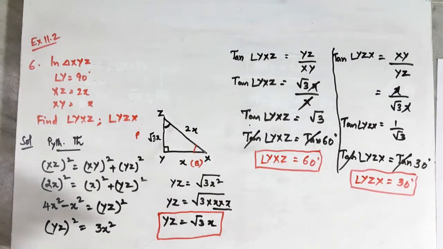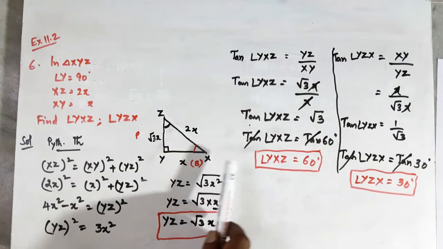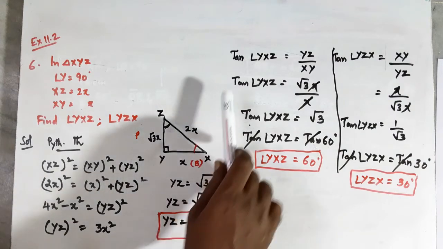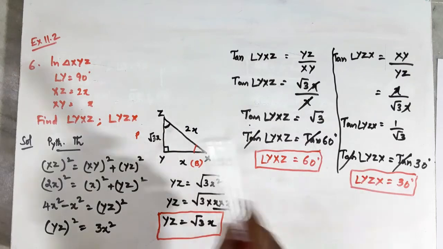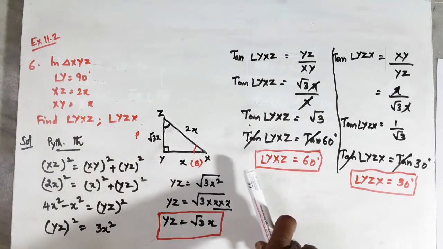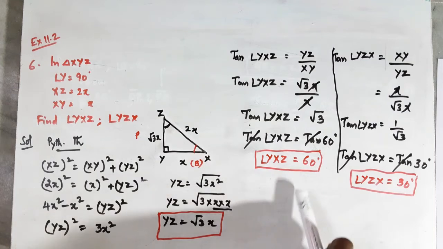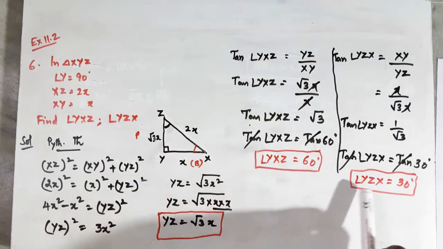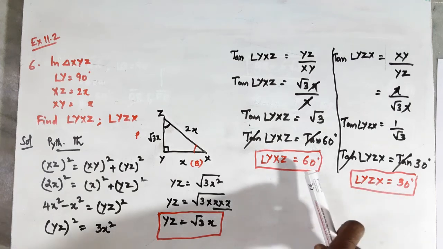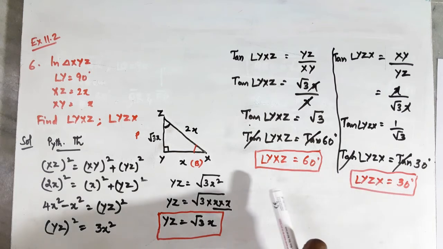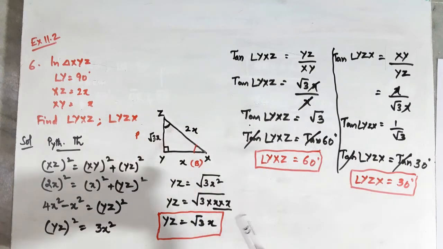Okay. So here I have taken both of them with tan. The same problem you take with sine or with cos, you will be getting the same solutions. So don't get confused. Either you can take sine, cos or tan, you will be getting the angle YXZ and angle YZX values as the same degrees, 60 and 30 degrees. Just pause the video. If you have any doubt, do it with sine and cos and you will be getting the same answer. Now let us move to the last problem of the exercise.